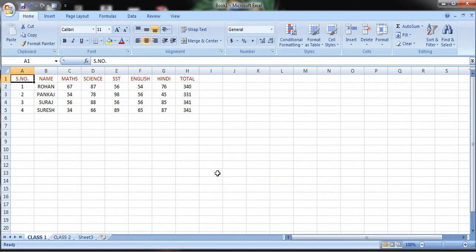It will move to the first cell, whose address is A1. And again Control End takes you back to where we were in the previous step. Control Home, Control End, Control Home, Control End, like this. Now next is,